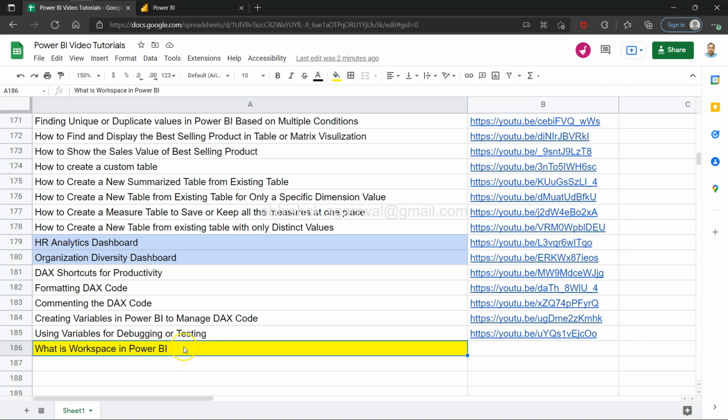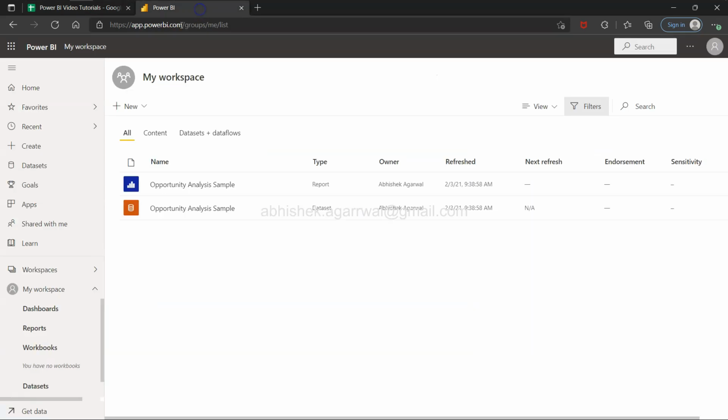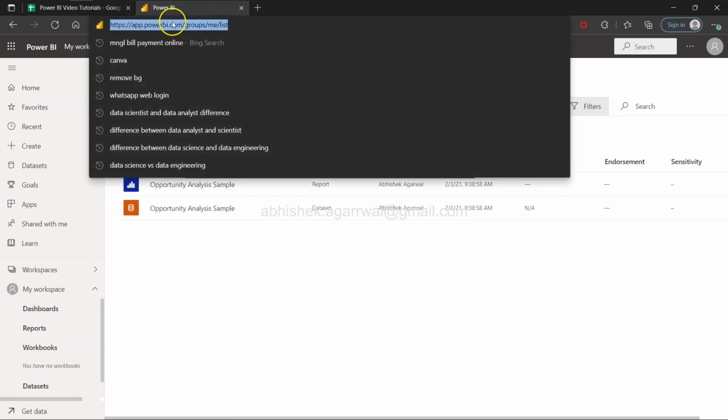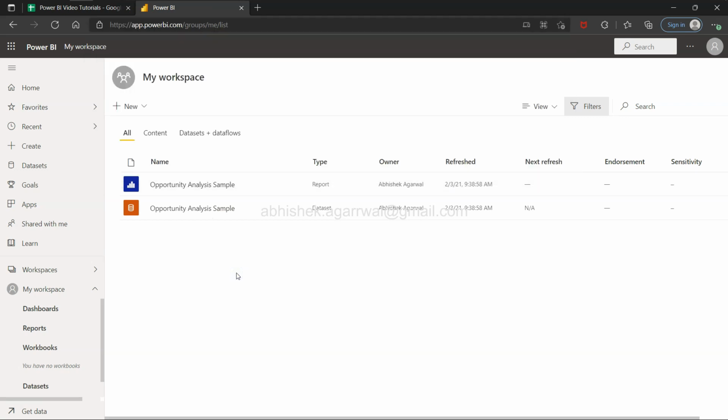So with that, let's go and talk about Workspace. Okay, so here I am in app.powerbi.com. This is nothing but the Power BI service, and you need to have either a subscription, be a free user, or a trial user to log in to it. I think the trial is for 60 days. This Power BI service, or this website app.powerbi.com, is what you need to publish your Power BI reports